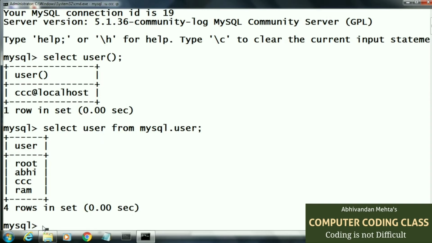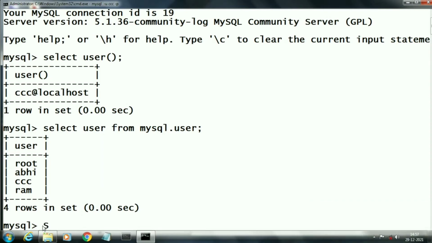Now we will learn how to change the password of any user. Here we will use the set password command. So here we will write set password for, then our username, equal to password.